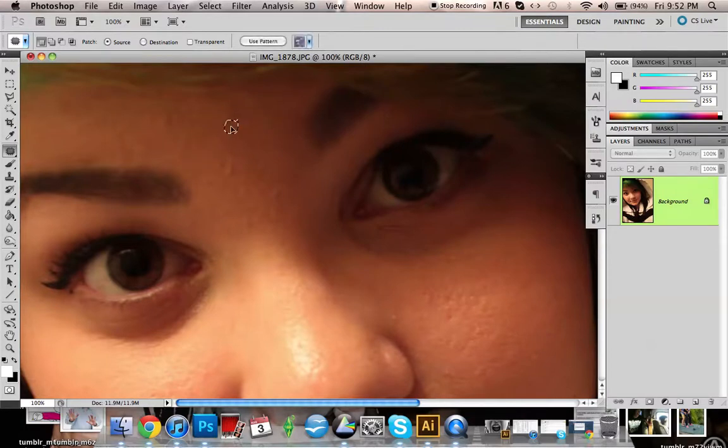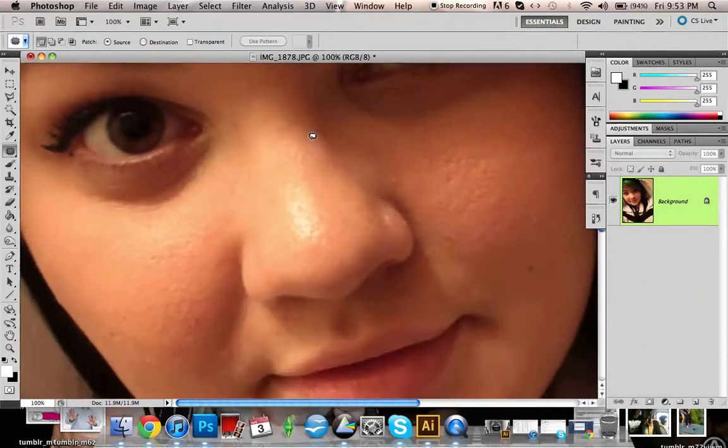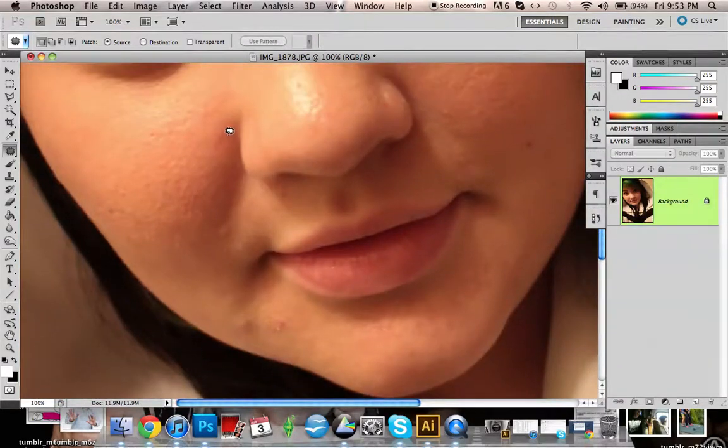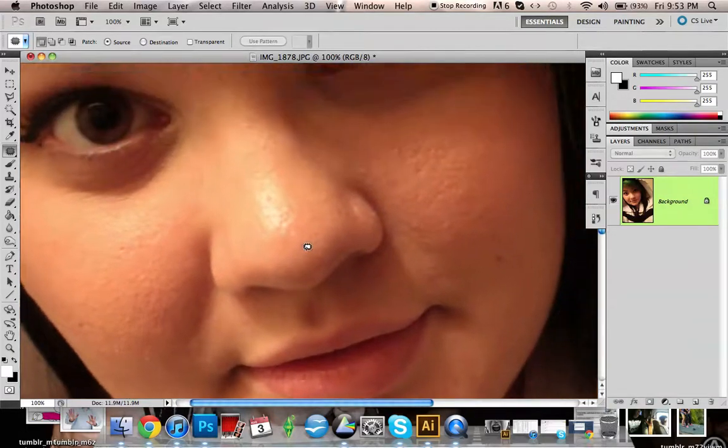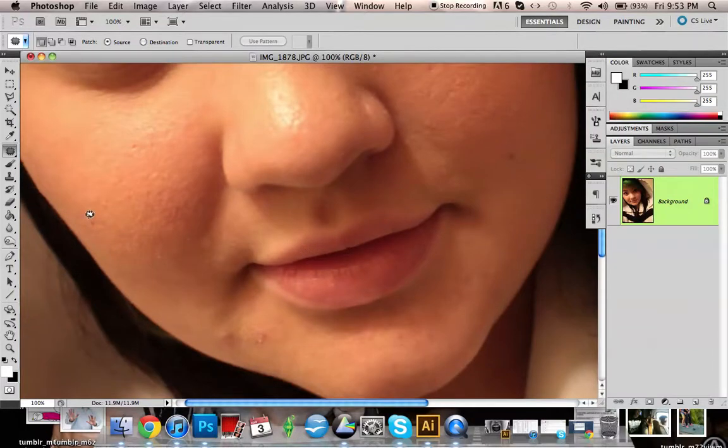There's still a bit of a spot there. And then it's really easy to fix. Or any red spots, like there's a pretty different colored one right there. I'll just match a different part of my cheek, get rid of this one. Over here. The only things I leave are my birthmarks, because I like my birthmarks. Like I've got one here and I have one over here. And what people don't take into account, another thing that they say, oh, you edit it so much, is that I usually have a decent amount of makeup on in my pictures, so